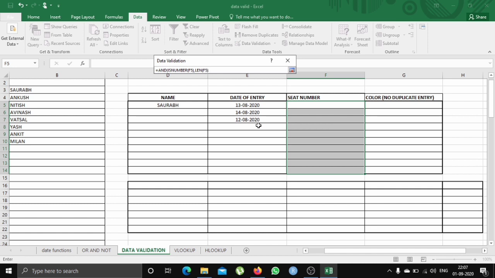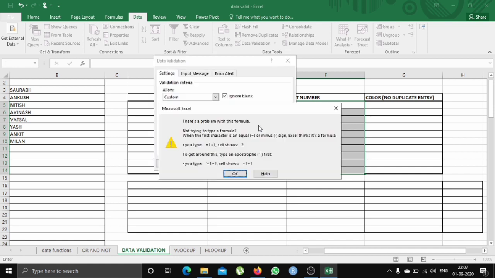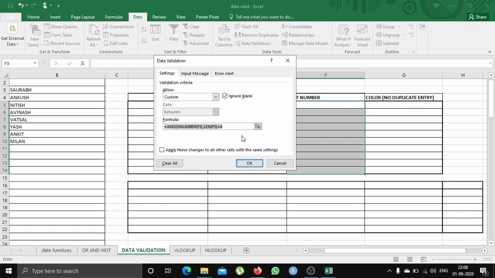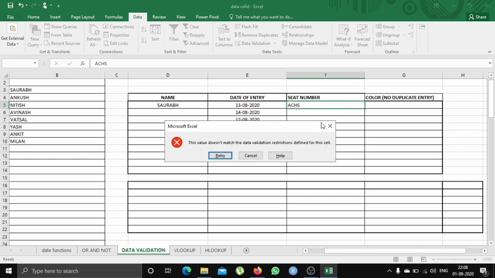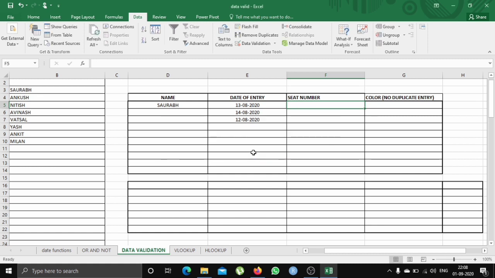It should be equal to 4. So enter equal to 4. We didn't close the bracket over here, so the pop-up came up. Now let's see whether it is accepting alphabets or not. It is not accepting any kind of alphabets. It is accepting only numericals, and of those only 4 digits.